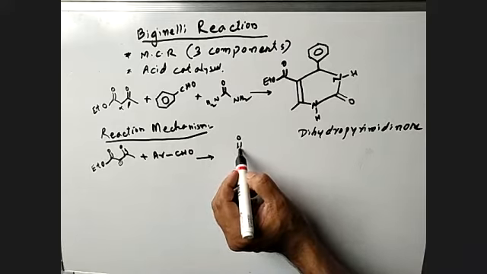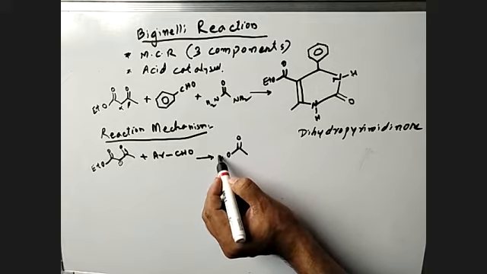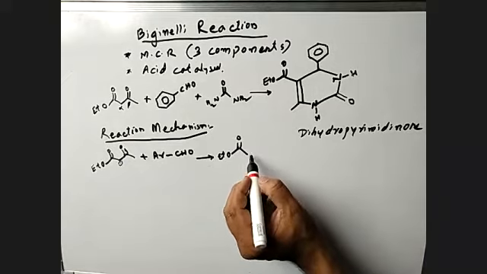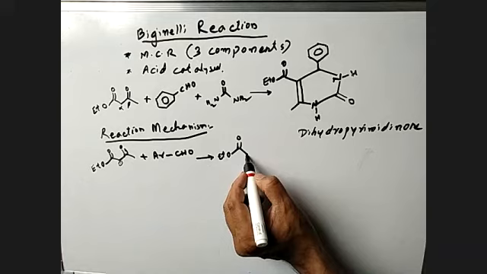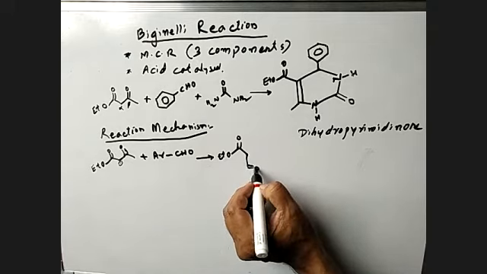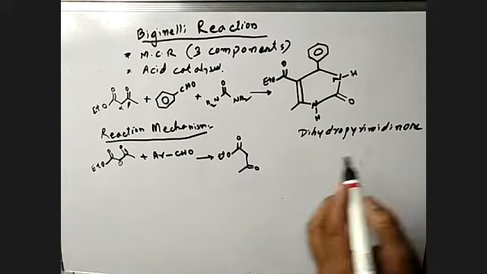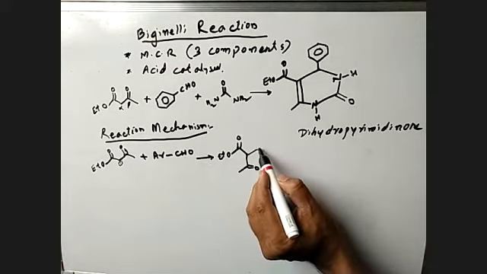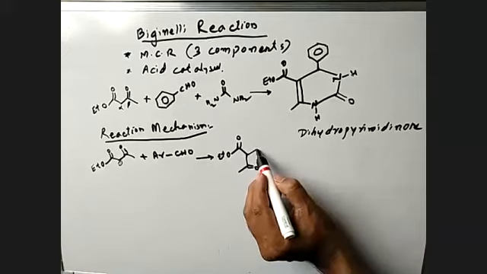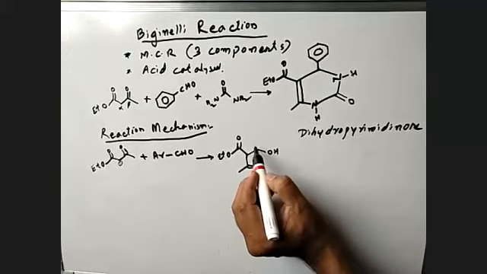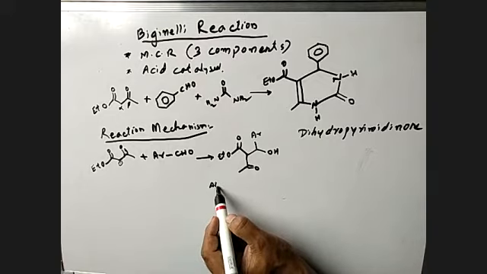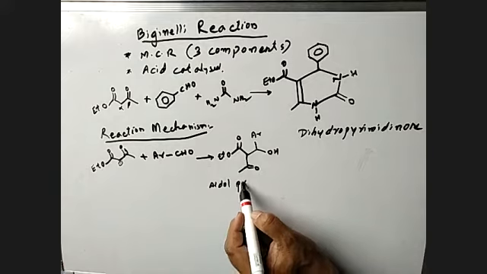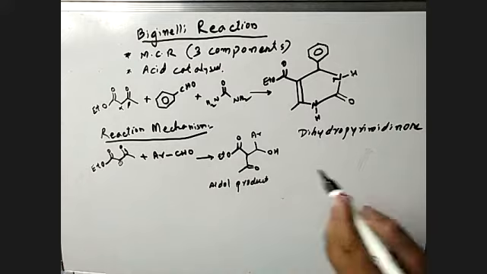So we can write like this, OEt, fine. And this carbon is this carbon. So for our understanding, I am writing the carbonyl here like this. And when this attacks at this carbon, that carbon becomes OH, like aldol, we know aldol, okay? And here the aromatic ring. This is the aldol product.